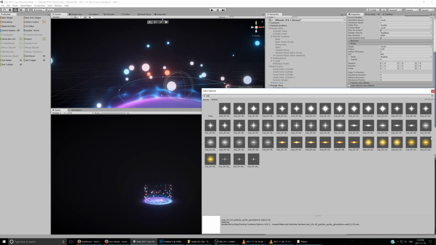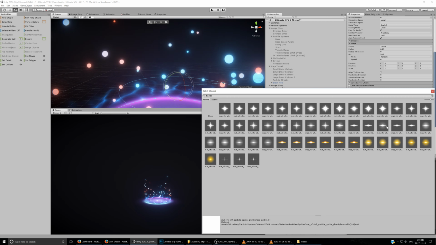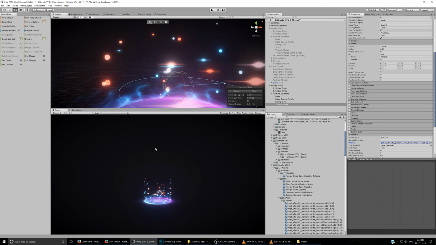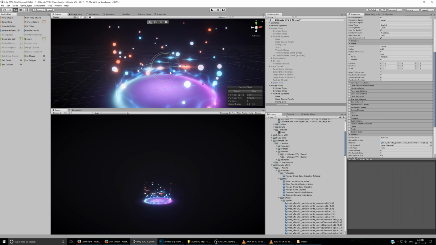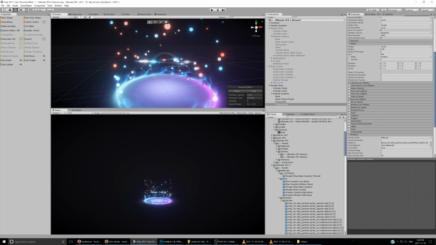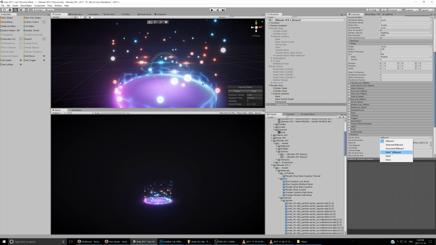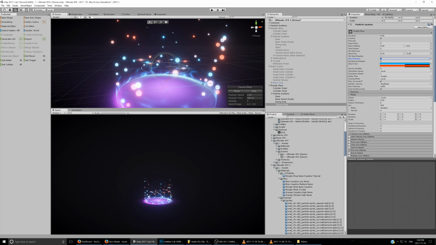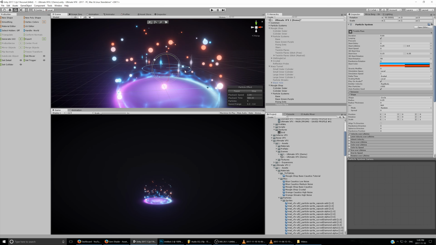Once you've assigned it to a material, use an additive shader. Here I've got the grayscale version of the Twinkle Flares that I created on an additive shader. Now they'll end up looking like this, because I'm using the same settings from before. Instead of going like this, I want them to be, not like that. Actually, yeah, vertical billboard, and then maybe rotate them 90 degrees so they point that way, because that's what they did in the other